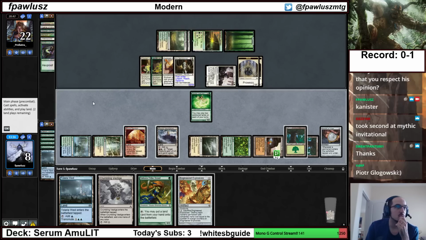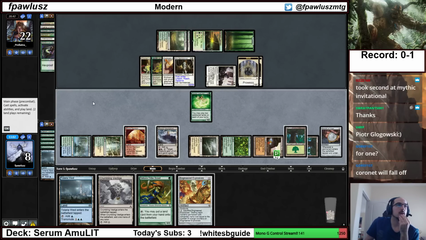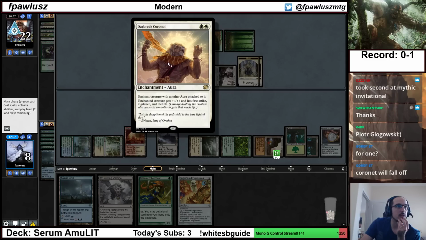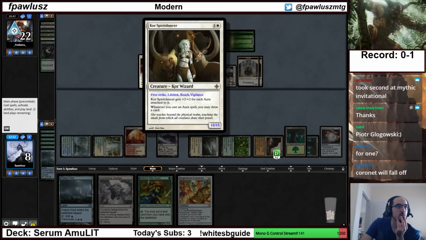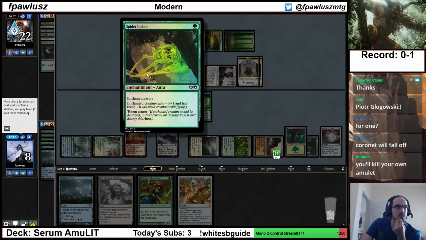We can put the explosives on 2, or we can put the explosives on 1. I think I'm going to put the explosives on 1, because I'm going to be blowing up the Ethereal Armor and the Spider Umbra, and then the Recarnate will fall off. Which means that my opponent's Spirit Dancer will be basically attacking into nothing. I know I'll kill my own Amulet, but that's a price I'm willing to pay to not die to this Spirit Dancer, so...